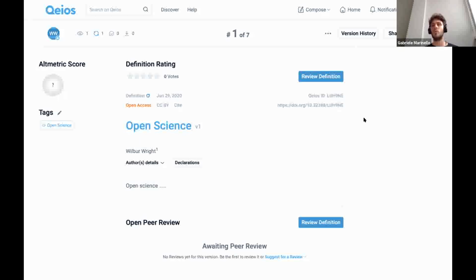If you go to OpenAIRE, for example, and you search for any content that is indexed there, you will find all the information regarding metadata that you would love to see. But if you can just drop in your email, Manuela, privately, I can share with you some more information regarding that.